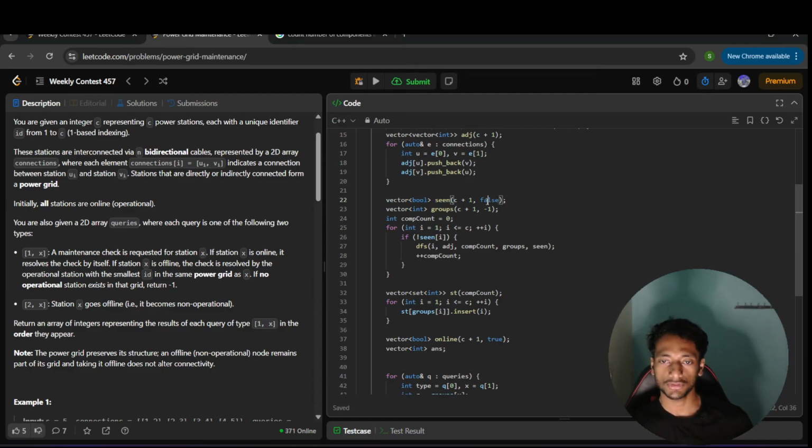So initially it is false, and groups ultimately store the group ID for each node. That's why size is equal to C plus 1, and I will initialize it with -1. Got it? And the current component count, the current component number or the grid number, is 0 initially. So I will just iterate all the nodes or all the substations possible from 1 to C, and I'll check